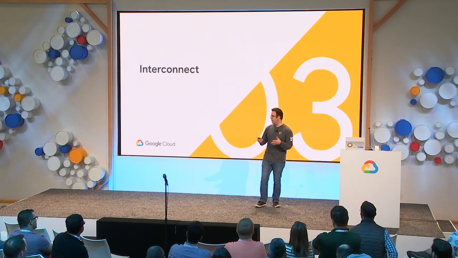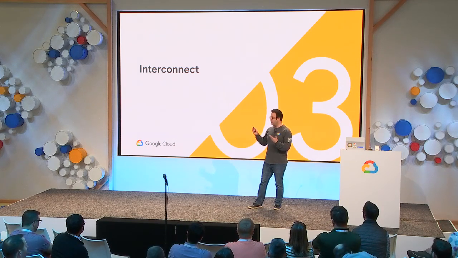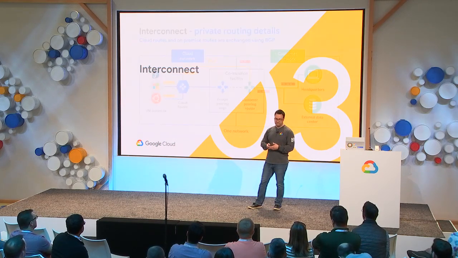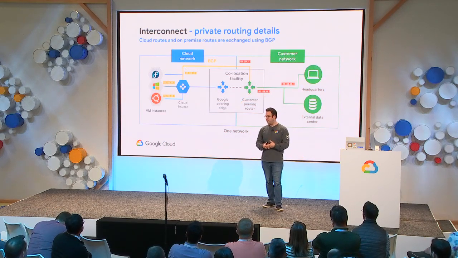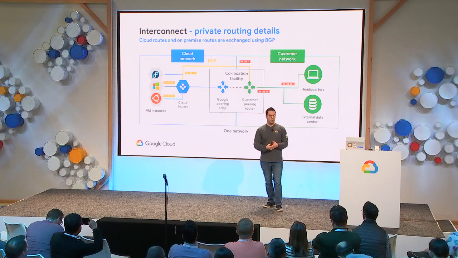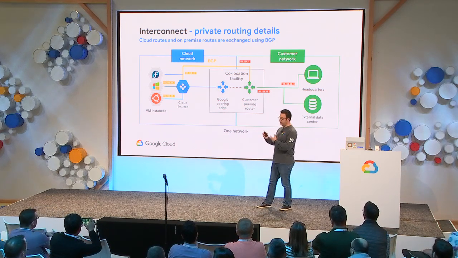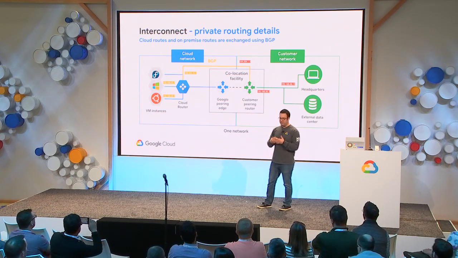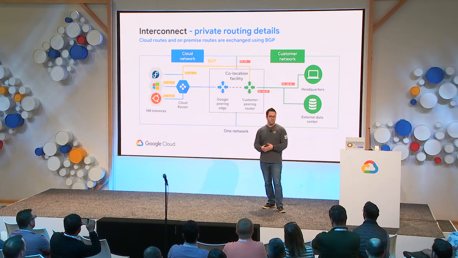So let's talk about a few different ways that you can actually use interconnect and some of the use cases that our customers are using today. So here's just an example again of the private routing that you can establish between your on-premise infrastructure and our cloud environment. So essentially you would establish a BGP peer via our offering, which is called a Cloud Router, which would be deployed in the cloud region, and then establish BGP peering with your on-premise router and exchanging